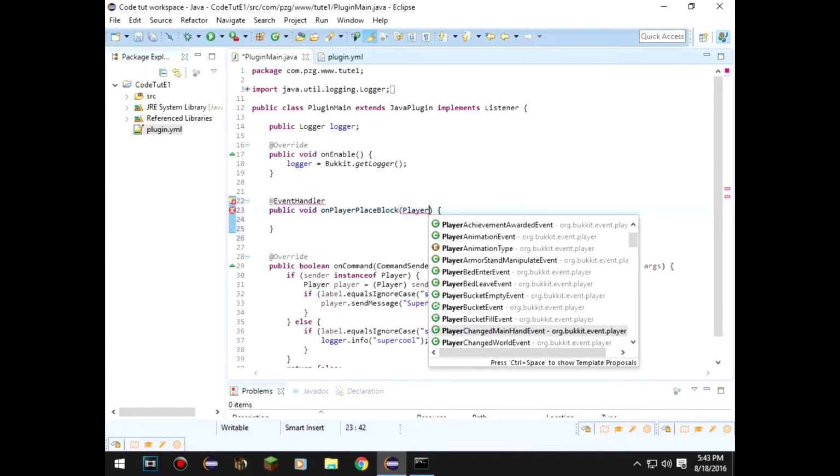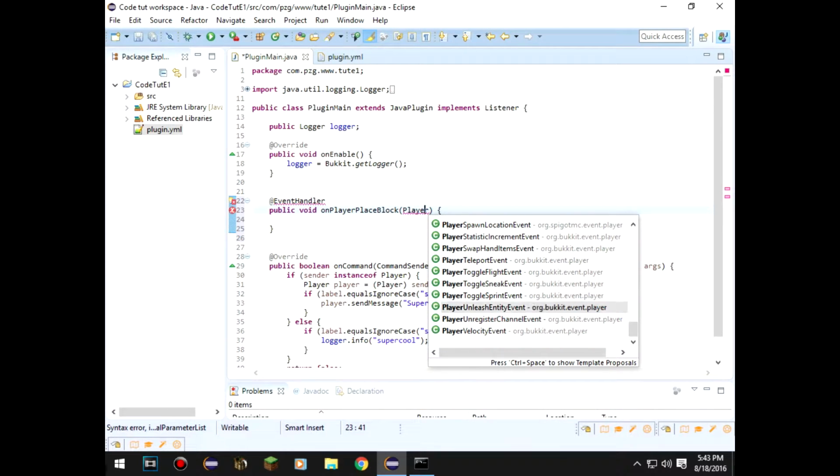Player, we're just going to go through all of these events for a second. Unregistered channel, unleashed, toggle, teleport, swap, statistics, spawn, shear, selector, respawn, resource pack, status event, registered channel event, pre-login event. There's so many different events. We could do the login event, but I wanted to do